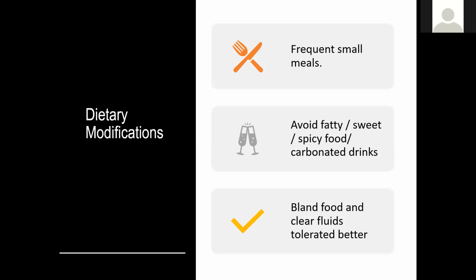We cannot emphasize much on dietary modifications because our patients will not want to eat much, right? They'll be so tired. They'll be having anorexia, cachexia. So they won't be able to follow all the instructions, but we can always tell all these simple steps, small frequent meals. We have a tendency to eat 3 meals a day. Tell them not to stick to that 3 meals a day protocol. Take 1 or 2 spoons or 1 or 2 sips every now and then. So the total input will be better rather than just keeping it for 3 times a day.